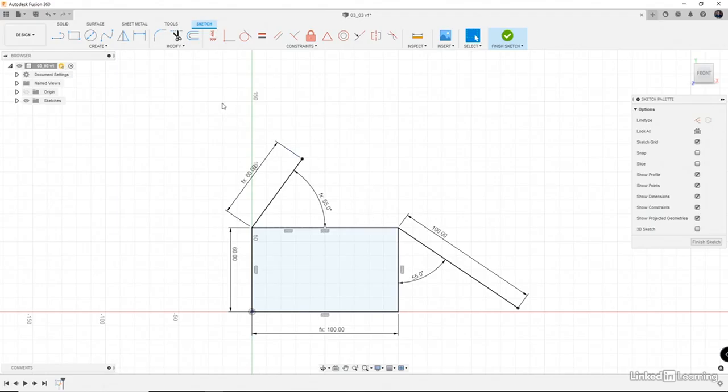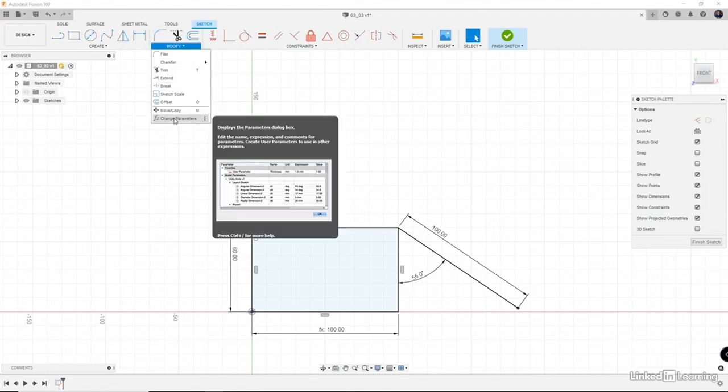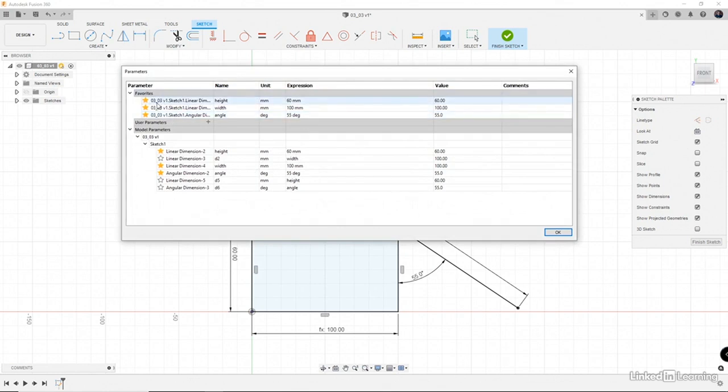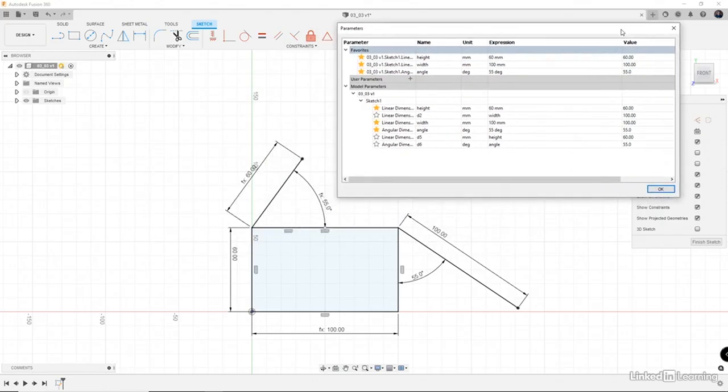Now, the thing to note about this, it's a little different, is that if you go to your change parameters, you'll notice that these are favorites and not user parameters. So these are a little different than the parameters themselves. So let's make this a little smaller, and then let's bring it over here so you can kind of see. So what's happening here is that this dimension is driving the variable, and that is driving this here. So these are referenced to each other. So you can see that this FX icon is only happening on the ones that are not the ones that